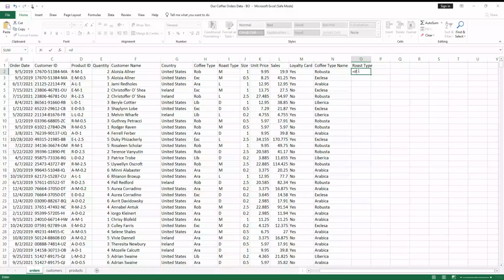So we say, if this cell is M, let's have it as medium, right? Else